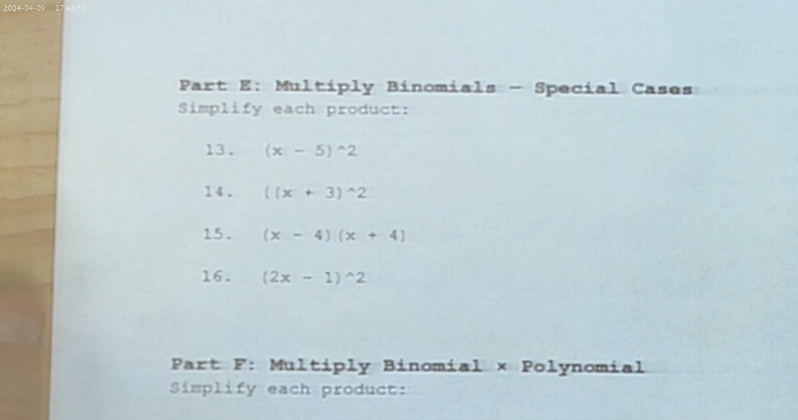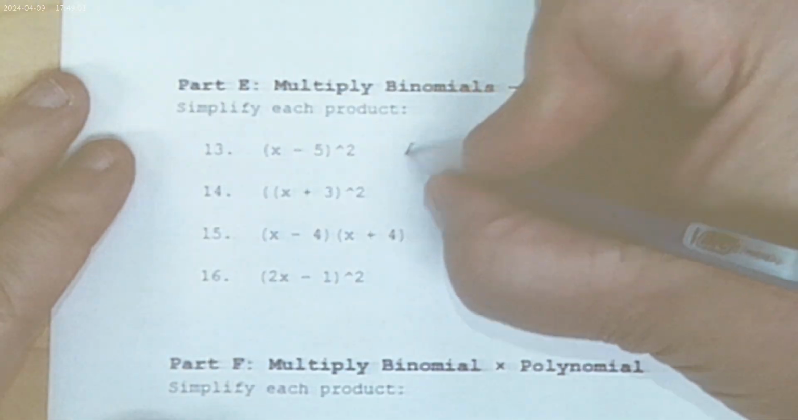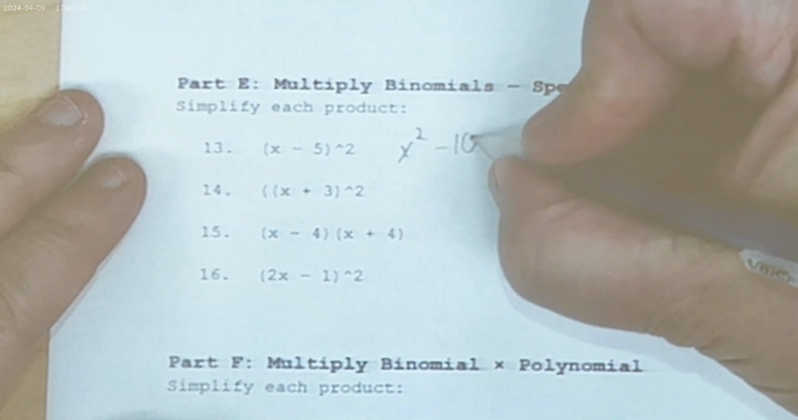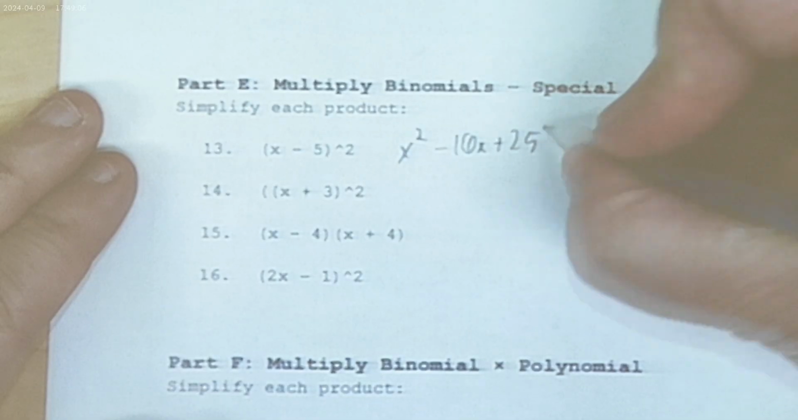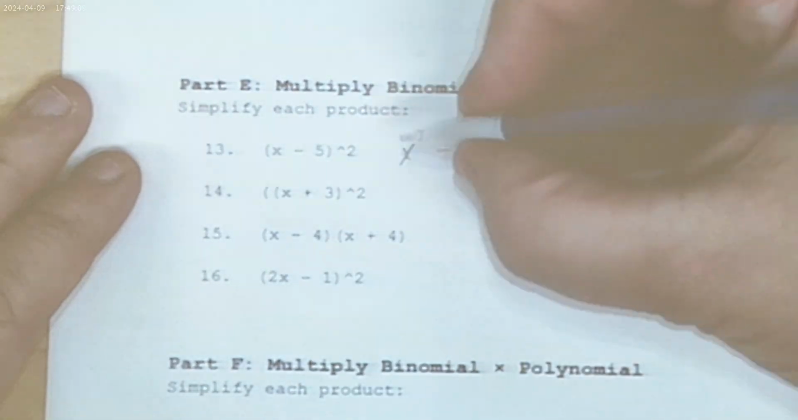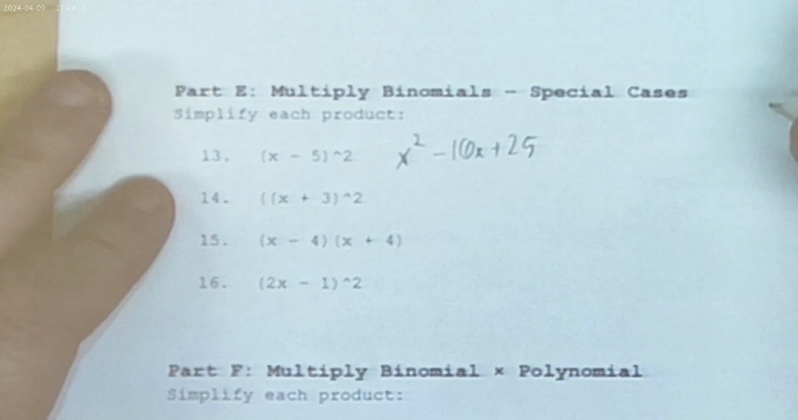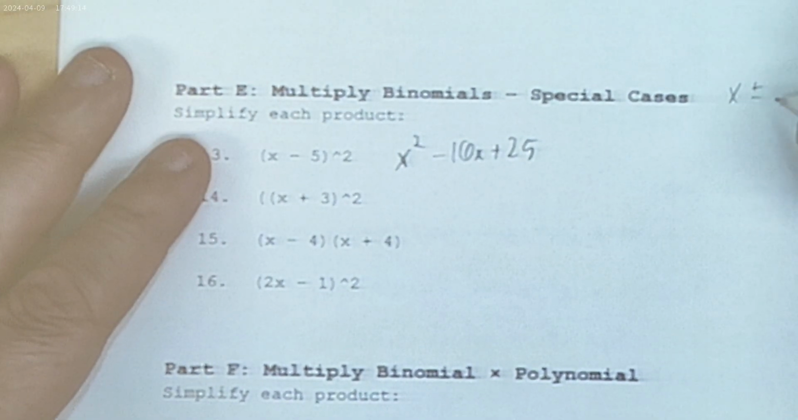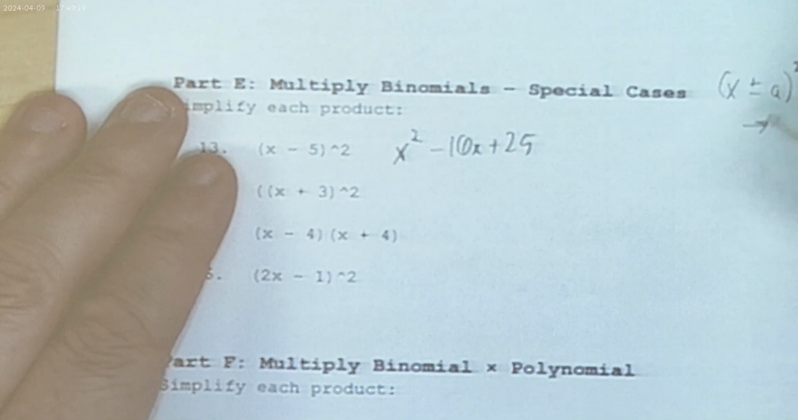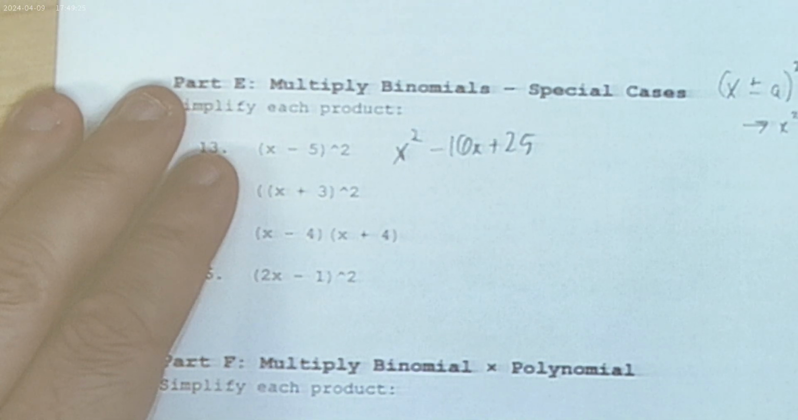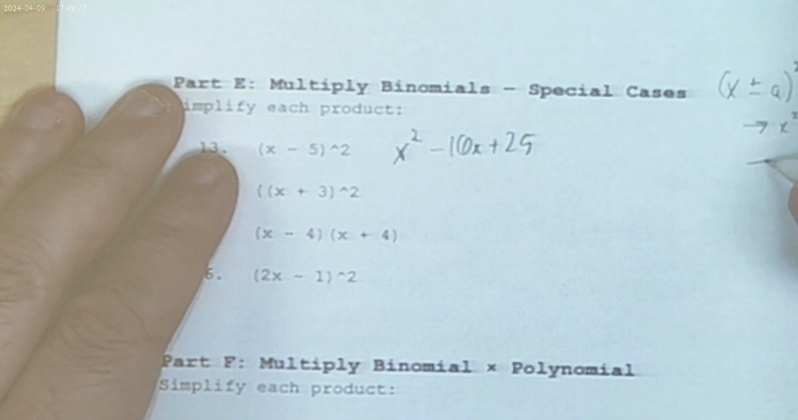Simplify each product. Well, I've got a perfect square. So this one's going to be x squared minus 10x plus 25. Because the form, if you remember, for perfect squares is x plus or minus a, squared, and if it's plus, it's going to be x squared plus 2ax plus a squared. If it's minus,